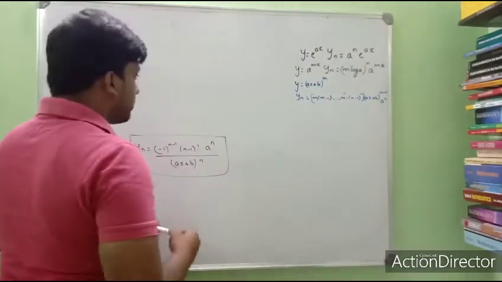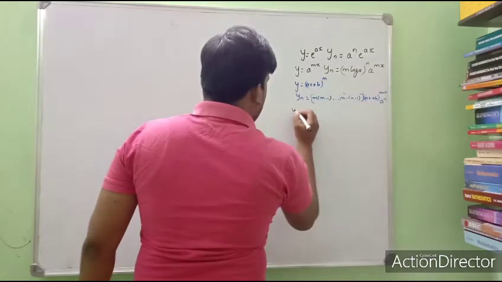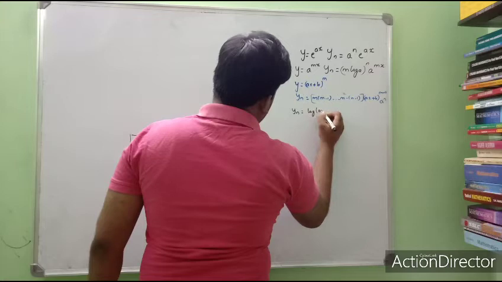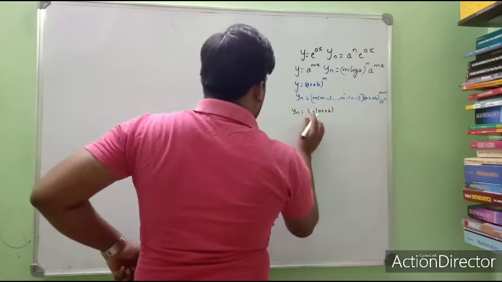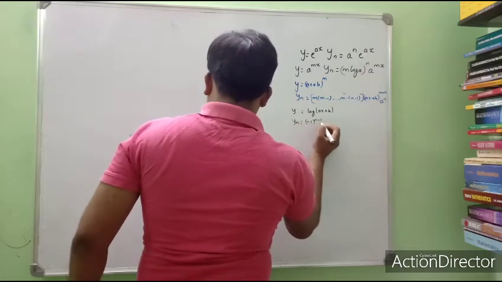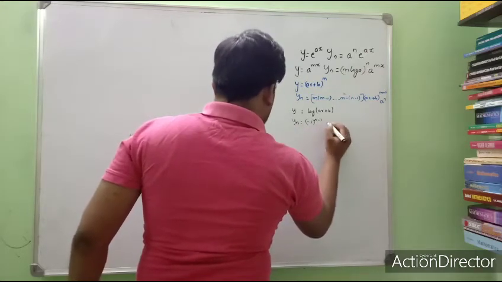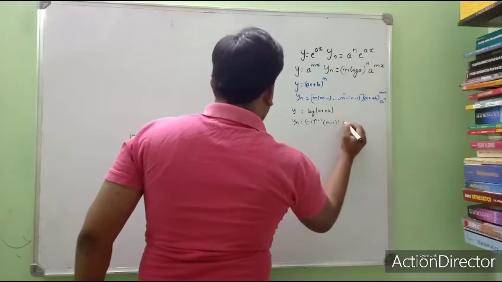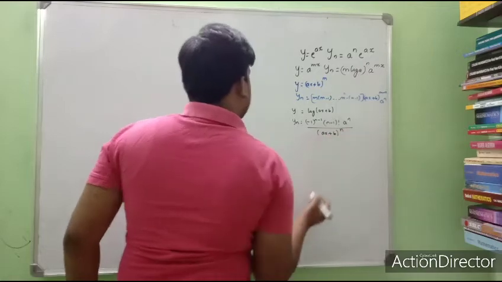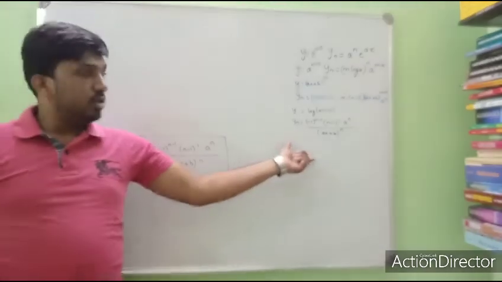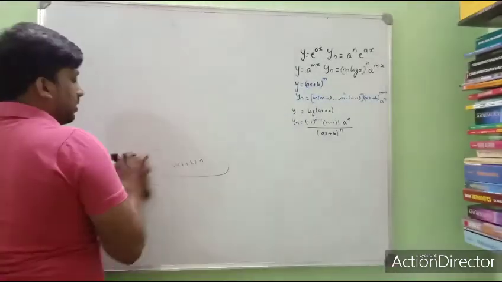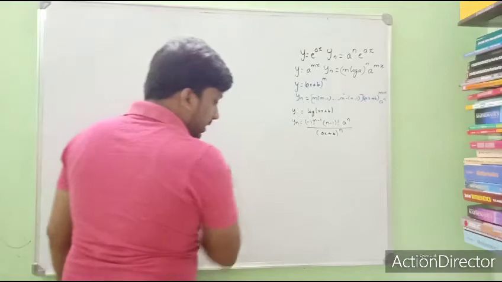Okay, so we can write this. We have yn. So y is equal to log of ax plus b, then yn will be (minus 1) to the power of n minus 1 into (n minus 1) factorial into a to the power of n by (ax plus b) to the power of n. Okay, so this is the formula we have, the nth derivative. Okay, so next we'll go with the